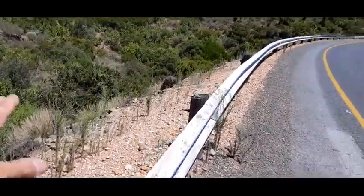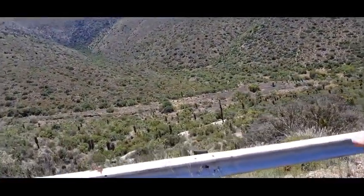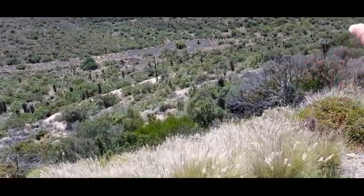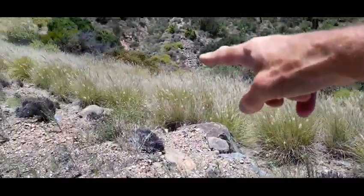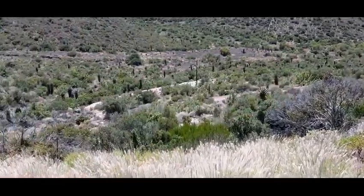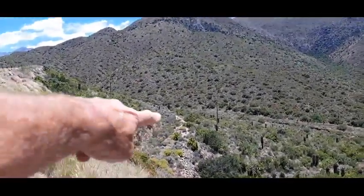No, it didn't go into this corner, so it only went along here. And now here are two roads. Now it came along there by the telephone pole, along here, and then up there. That one down there is the bypass when they built this road here. Okay, so on the outside,